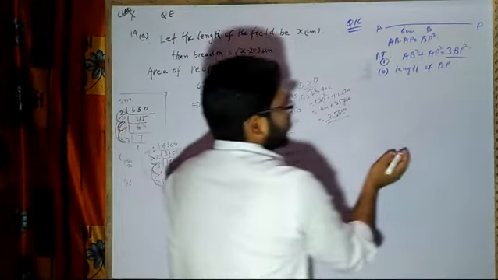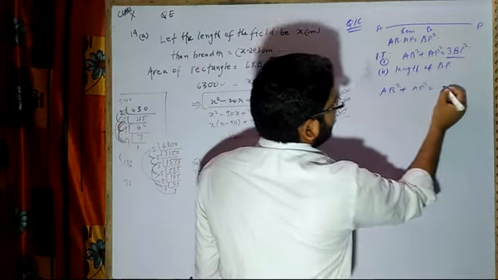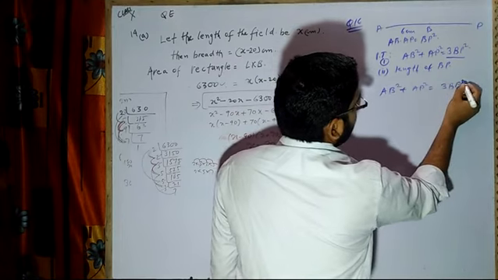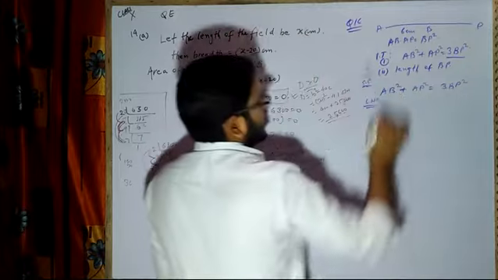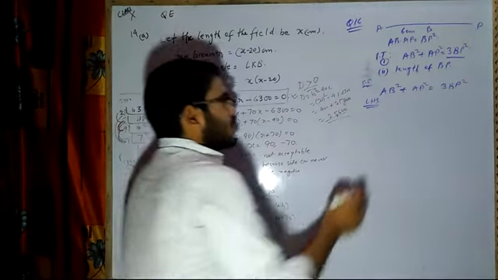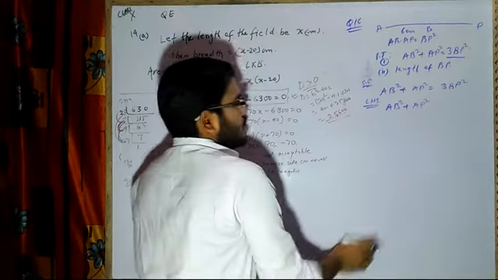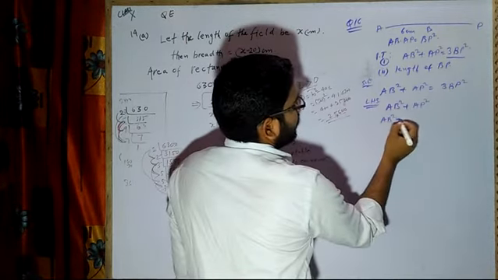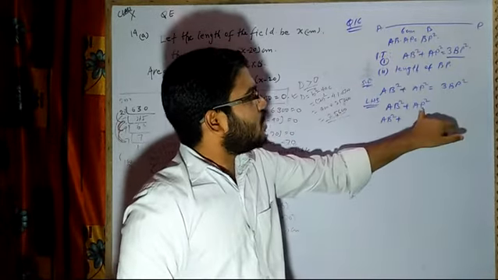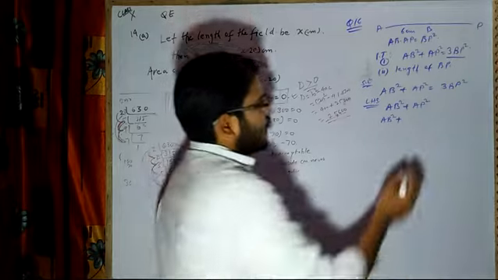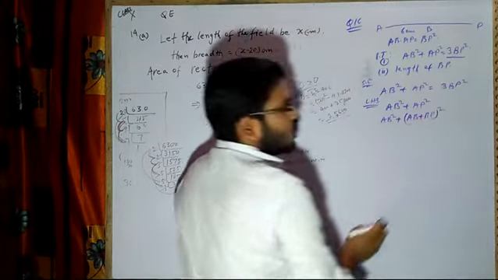Now we have to prove this, so I will write AB square plus AP square is equal to 3BP square. Now the left hand side I will take. This is my solution part, that was just the question I wrote here. Now the solution says that on the left hand side I will write AB square plus AP square. Now AB square I will leave as it is. I have to go to BP, so AB square as it is. Now this AP, the whole length, can be written as AB plus BP. Yes or no? I can write like this.